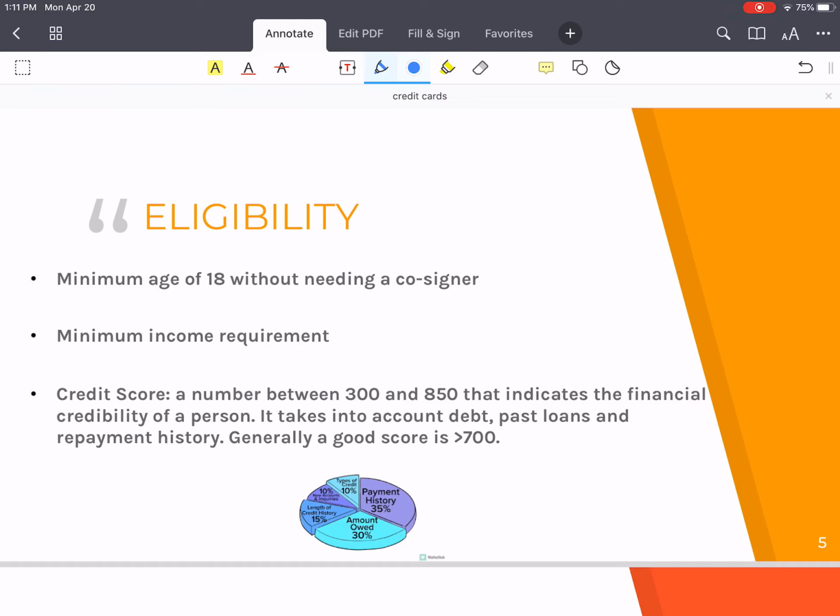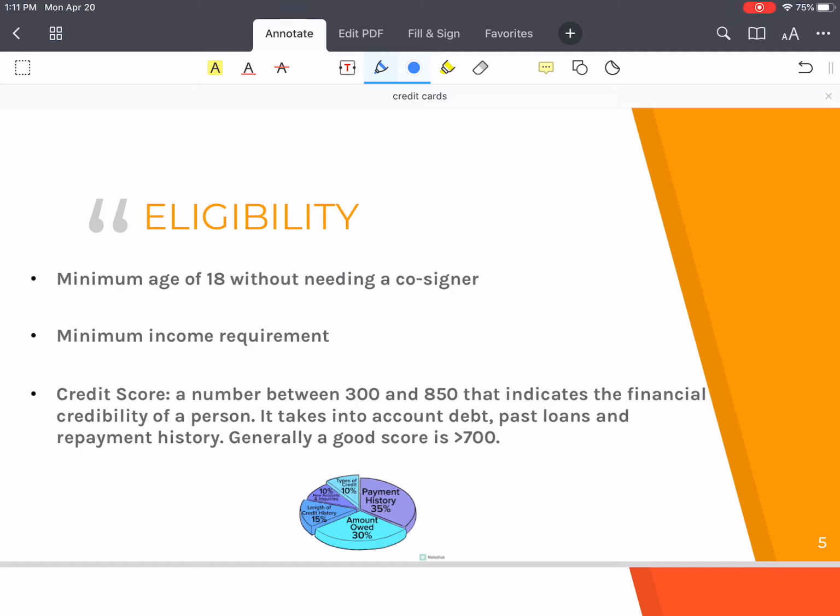There's often also, and there are exceptions, but there's typically also an income requirement to have a card. And it depends on the type of card. So fancier cards might require a larger income. That also dictates how much you're allowed to borrow, or your credit limit. So for example, if you have a very low income, you might only be able to borrow $1,000. But as you increase your income, the bank is going to be like, oh, they have more money. They're going to be able to pay us back. I'm going to give them a